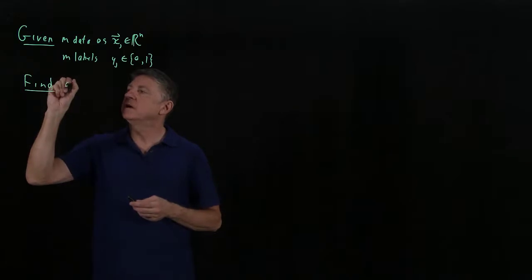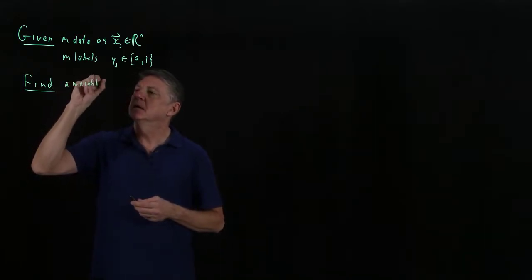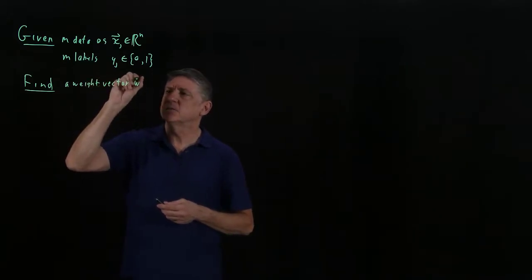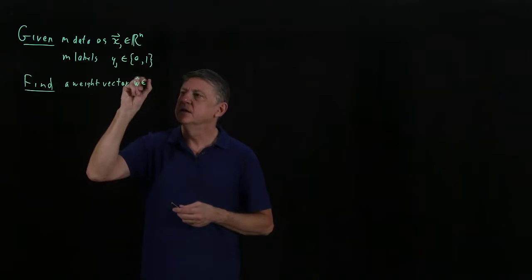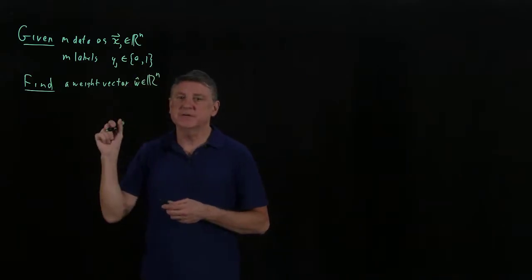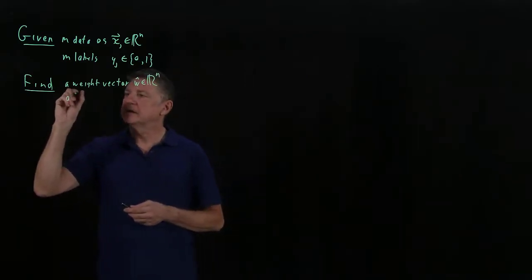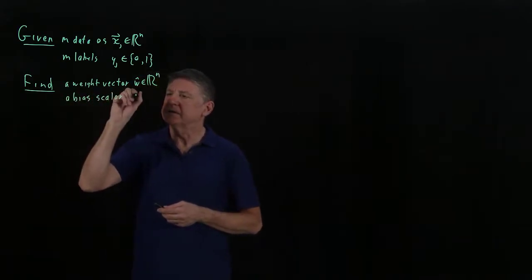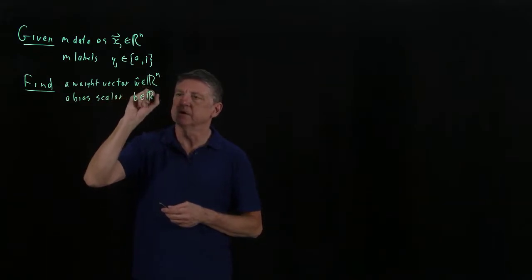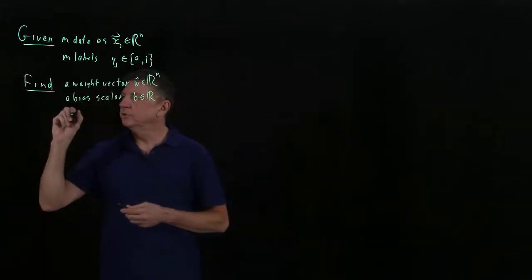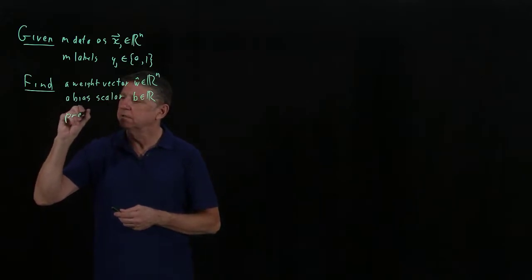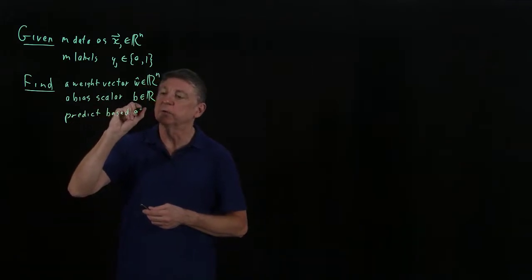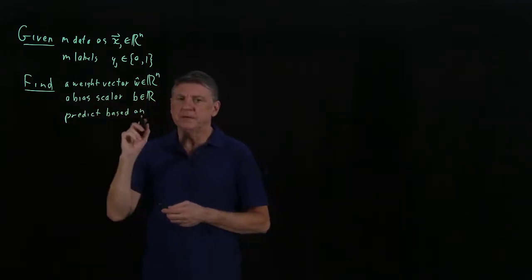what we want to do is find a weight vector, and in the interim we'll denote this as W with a hat on it, and this has N entries. We also need a bias scalar, which we'll denote as a value B, and that is a real number. And what we'll do is we'll predict, and I'll just say based on, that is, we'll have to do something else with this, but we'll be based